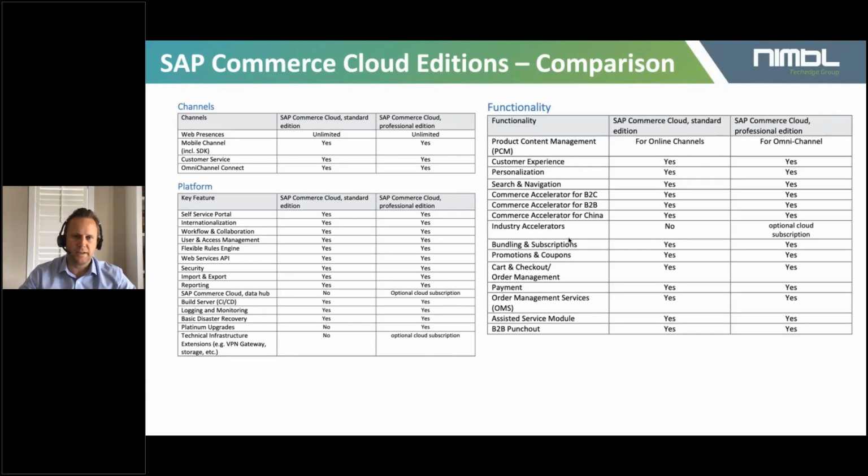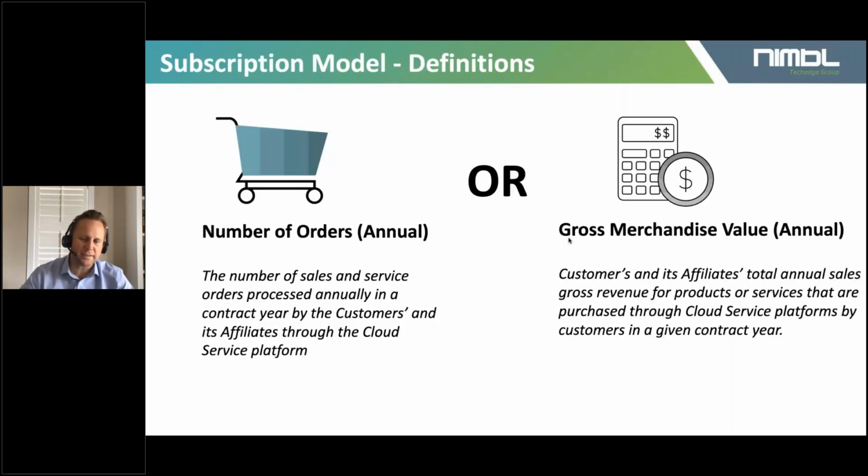And again, you'll be able to download this presentation and have access to this comparison where I've compared the two products here for you. In terms of buying SAP Commerce, I just like to drive home that you can buy it two ways: number of orders, as in the quantity of the order, the gross volume of orders, or the gross material value, merchandise value, the dollar value of all orders. In terms of number of orders, the minimum bucket is 50,000 orders. So you can purchase SAP Commerce for up to 50,000 orders annually and have a fully hosted, managed SAP Commerce environment where you're enabling that B2B sales channel, and then ideally the environment grows from there and you maximize its